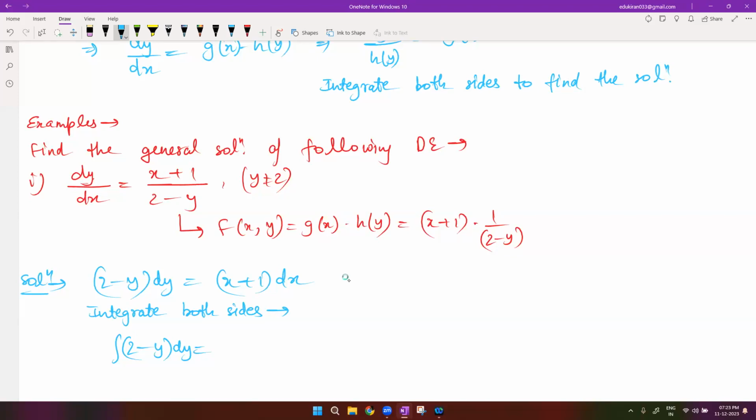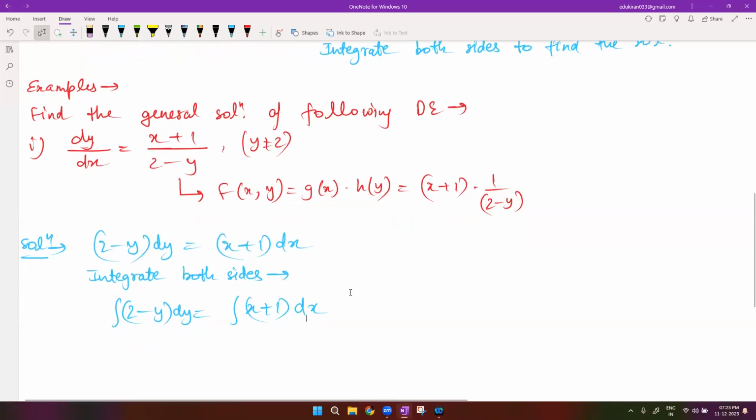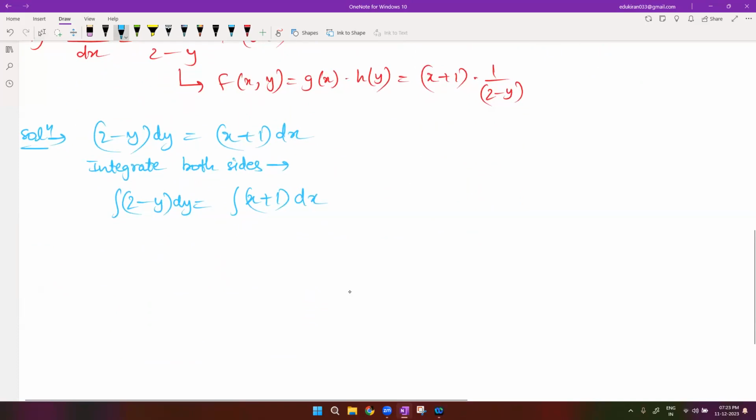So this is an indefinite integration which can be solved pretty easily क्योंकि ये expressions बहुत ही common है। चलिए करते हैं इनका इंटीग्रेशन। हाँ जी, integration of 2 with respect to dy, this will be 2y minus integration of y with respect to dy,